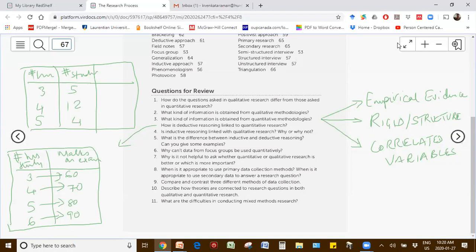You have 4 students studying for 5 hours. Then you say average mark. So you end up taking averages. And then you have average 70%, average 80%, and average 90%. So this allows more generalizability because all of a sudden you're not looking at one student. You're looking at a larger group of students.